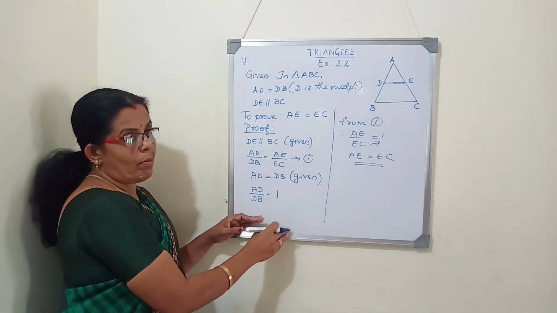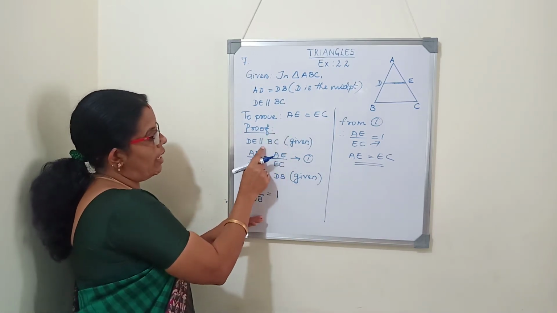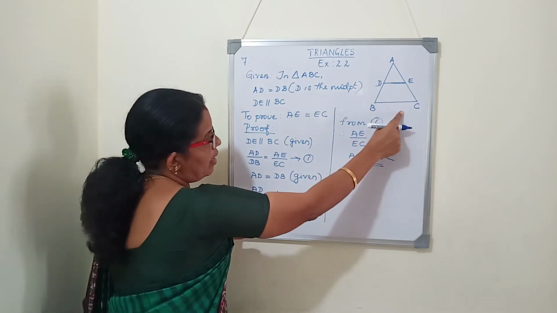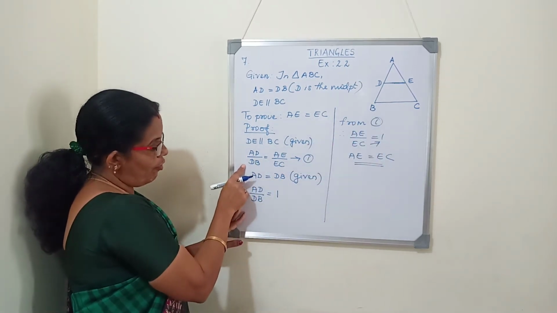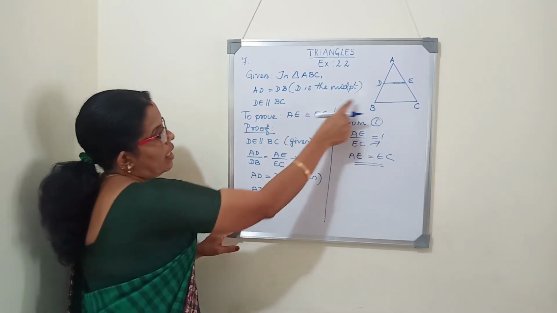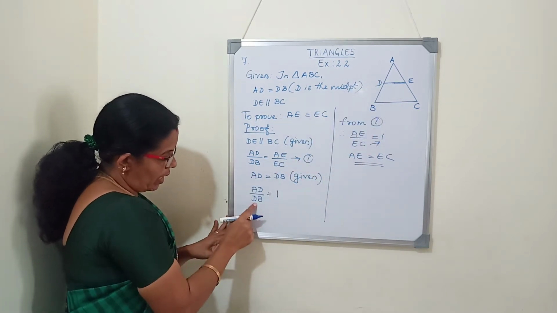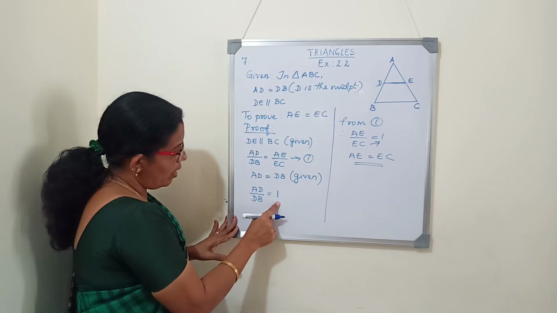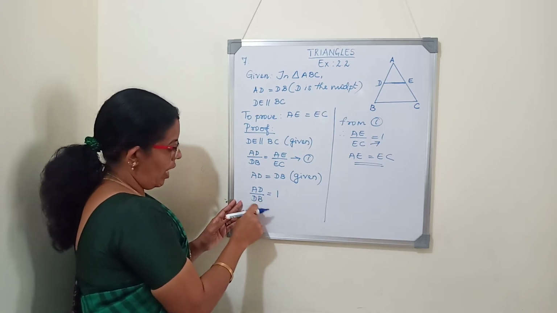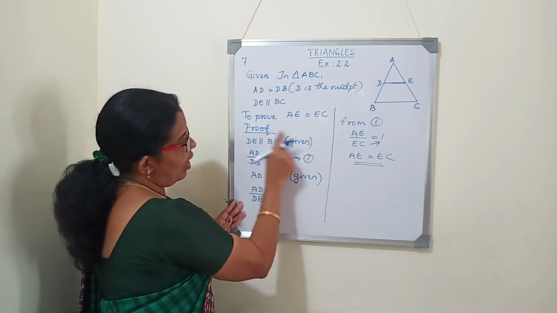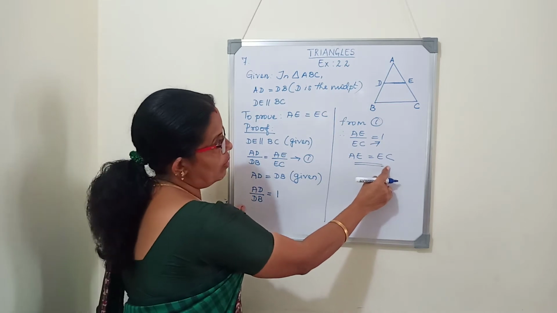So here by midpoint theorem, first we will write the formula as DE is parallel to BC, write the BPT formula. And it is already given that D is the midpoint, so AD is equal to DB. DB you bring it down, so AD by DB is 1. Substitute this value of AD by DB as 1 in equation 1. We will get AE is also equal to EC.